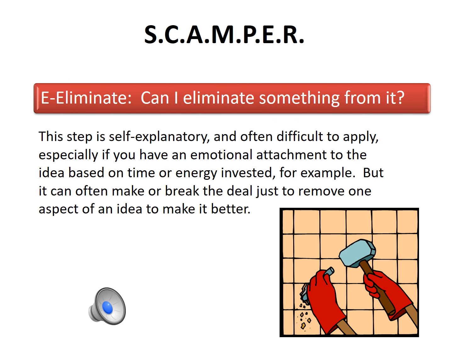Second to last in SCAMPER, we have E, which stands for eliminate. Can you potentially eliminate something from the process? This step is relatively self-explanatory and often difficult to apply, especially if you have an emotional attachment to the idea based on time or energy invested. But it can often make or break the deal just to remove one aspect of an idea, which could make it much, much better. Here are 4 questions that could potentially help you utilize the eliminate portion of SCAMPER, and they include: